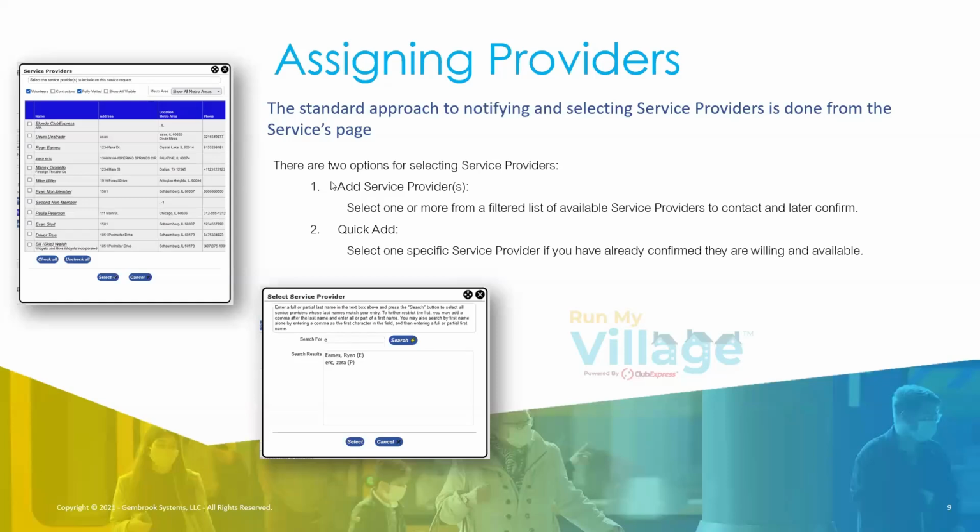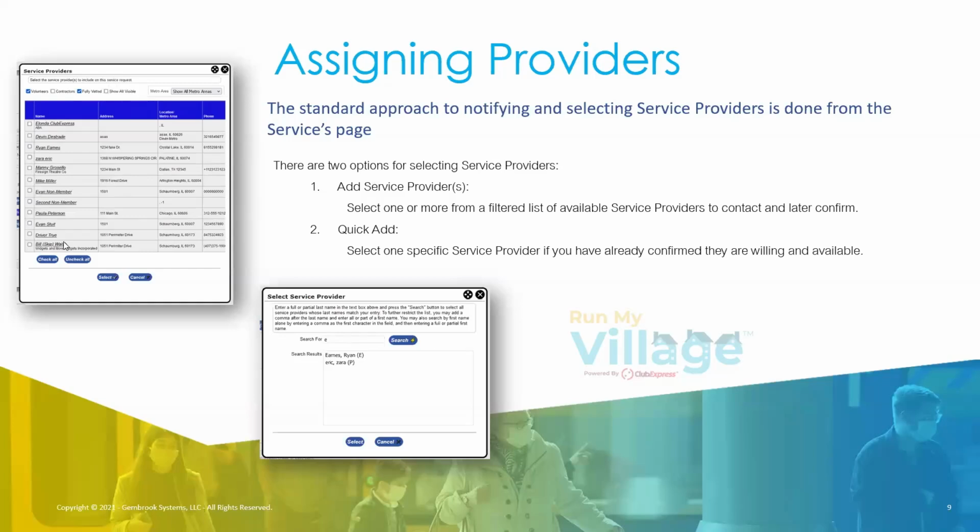The two options that are going to be provided inside the service when a staff member is either creating the service or revisiting that service to select service providers, there's going to be two buttons you can click to begin the process of adding service providers. One of them is a little bit more general, and one of them is more pointedly specific. So the first one is the Add Service Providers button. You'll see it's Add Service Provider(s) with parentheses around the S, whether you can select one or more. And this is an option that will show you all of the people you can see on the